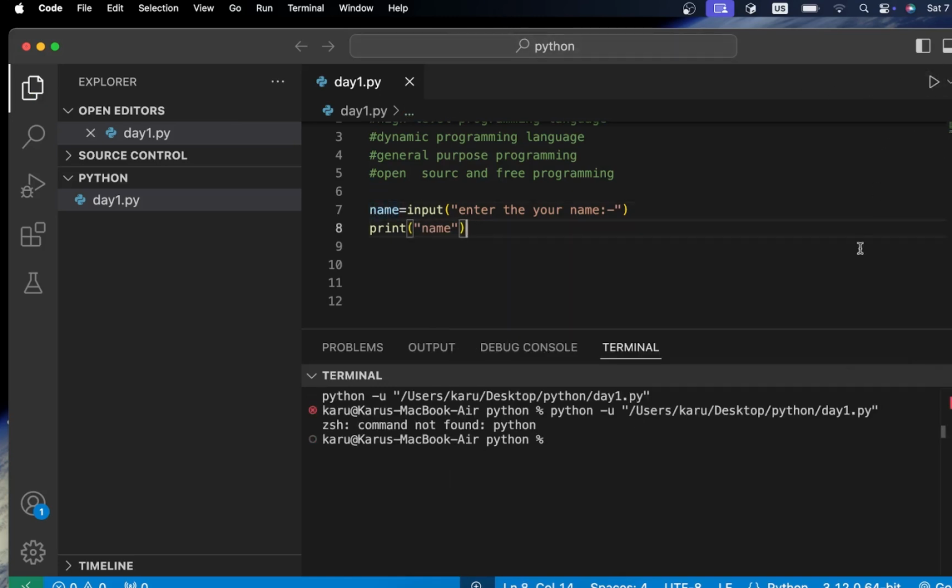So you can see, python3 day1.py. Okay, enter your name. I type Maya. You can see Maya, not name.